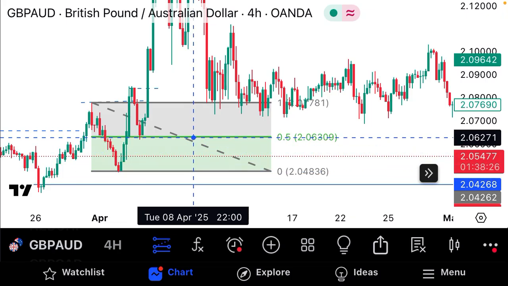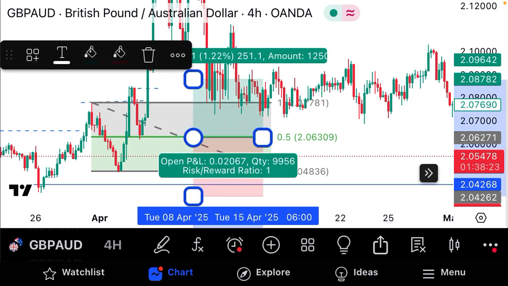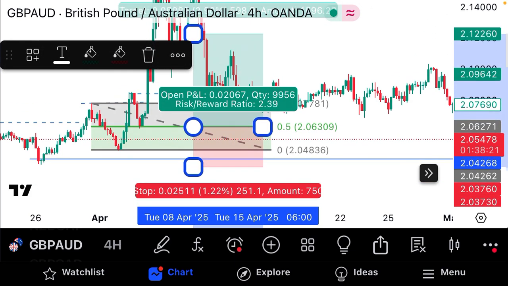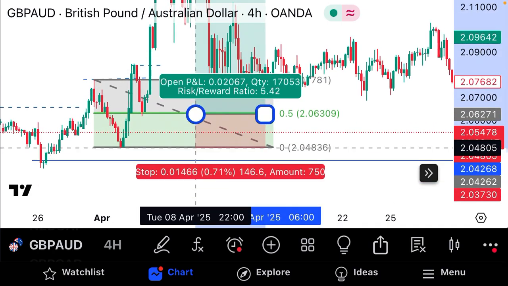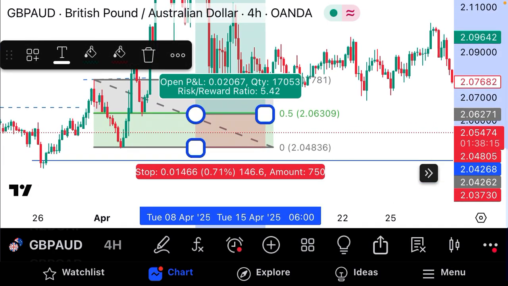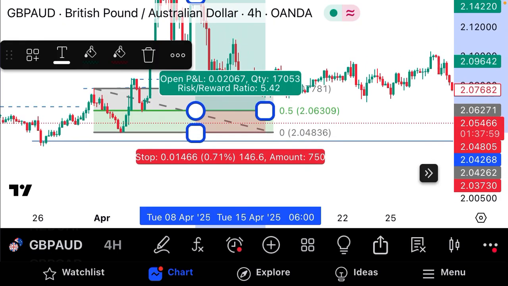You come and set your long position here and take profit up there. Then stop loss here. It's a good thing, but your risk to reward will not be okay. Because at the end of the day, you are risking 146 pips, which is too much. So for you to avoid this kind of risk to reward,